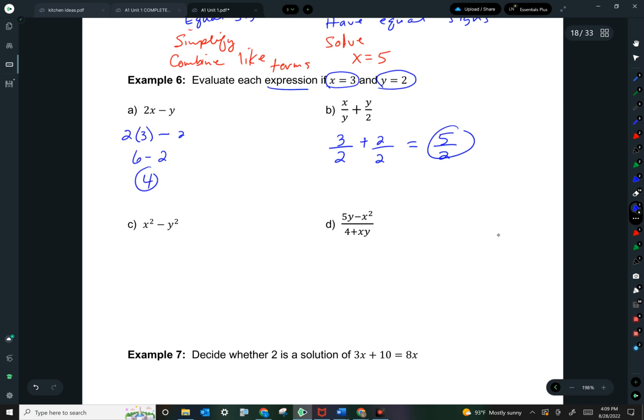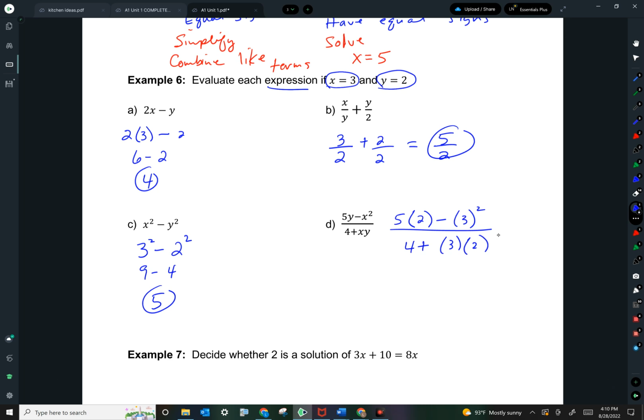All right, x squared minus y squared, so that's going to be 3 squared minus 2 squared. So 3 squared is 9, 2 squared is 4, total of 5. And one more, doesn't matter how many x's and y's, so I've got a 5. In place of y, I'm going to put 2 minus, remember x is 3, so 3 squared all over 4